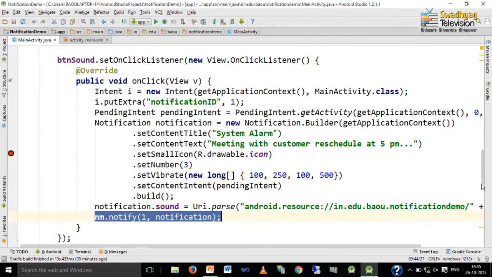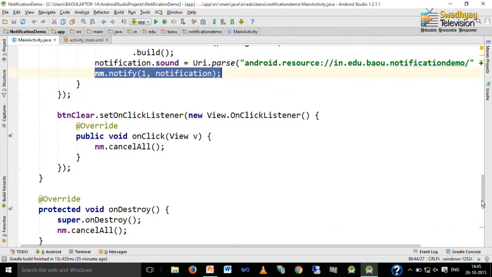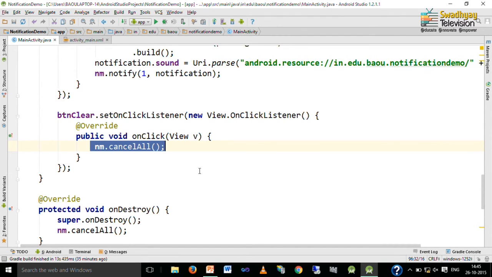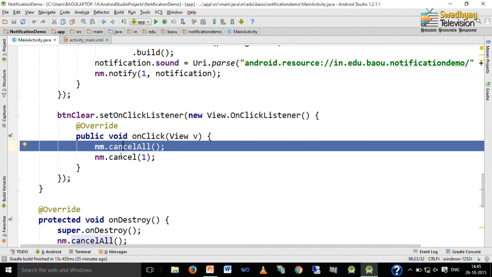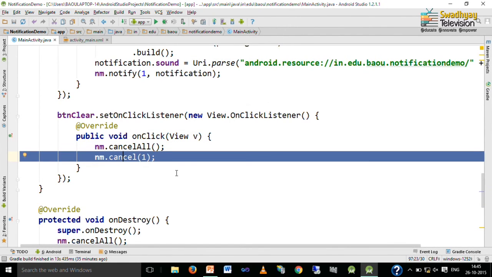So, this is how we can play sound in a notification, and we can cancel all notifications using the cancelAll method, or you can use just cancel with an ID. So, the first method will clear all notifications and the second method will clear only the notification with ID 1.